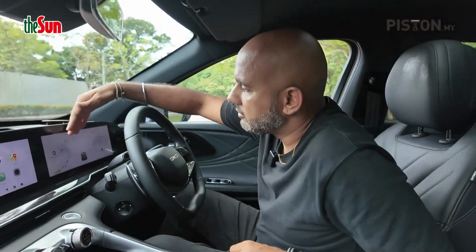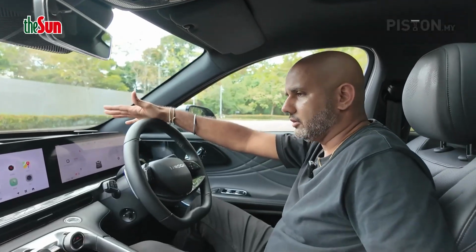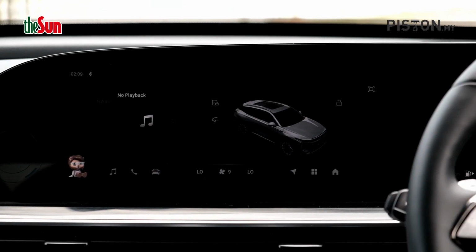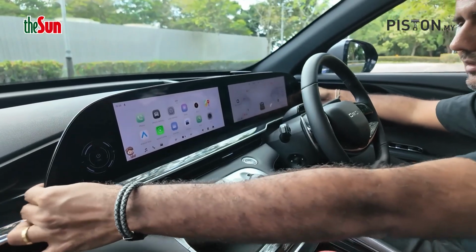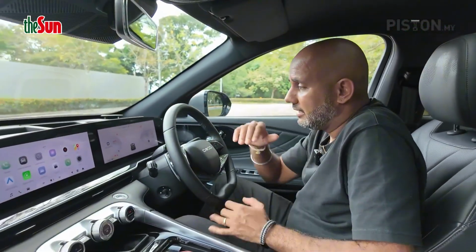And this instrument cluster over here, I mean, before I touch on this, I complain about this, let me just show you that this entire thing is one giant screen. Again, very Mercedes-Benz, but there are a lot of things inside here that are very Mercedes-Benz lah. So, but anyway, this instrument cluster over here,